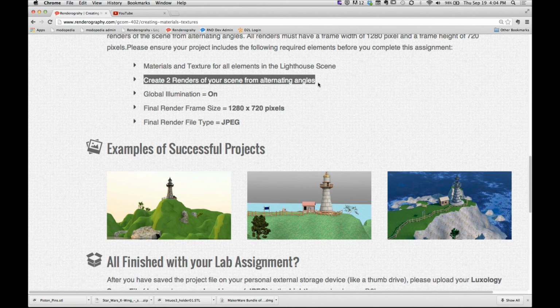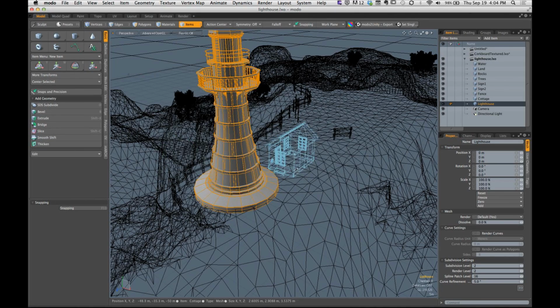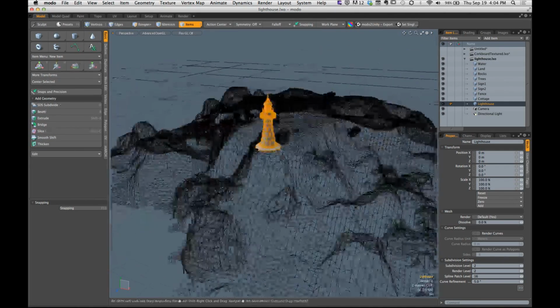One of the cool things about working with really cool scenes like this is that we get to become like really groovy little digital photographers, okay? I want you to go in and find some compelling angles here to render your scene. I want to give you a couple suggestions though. When I say compelling angles, I don't mean